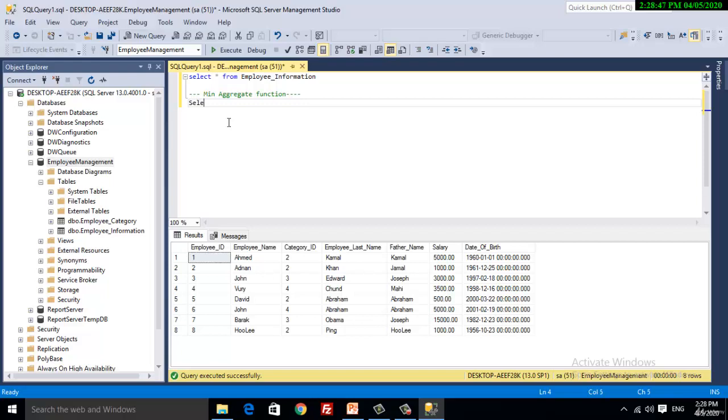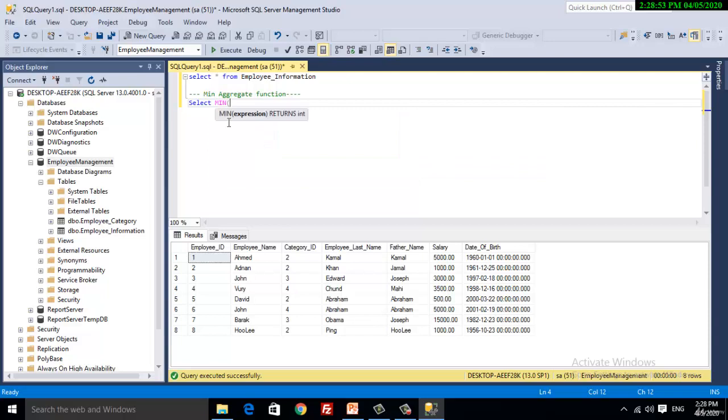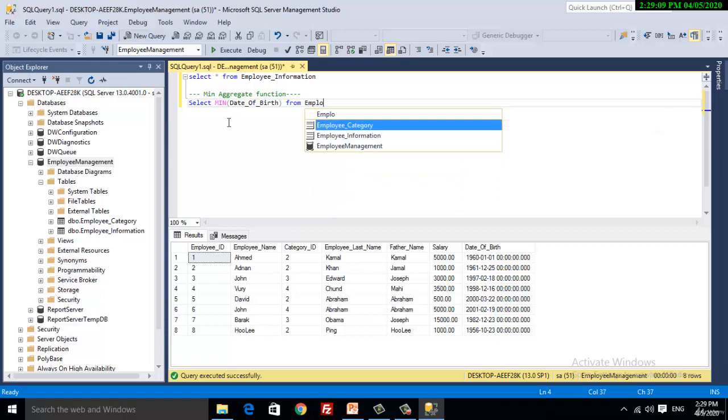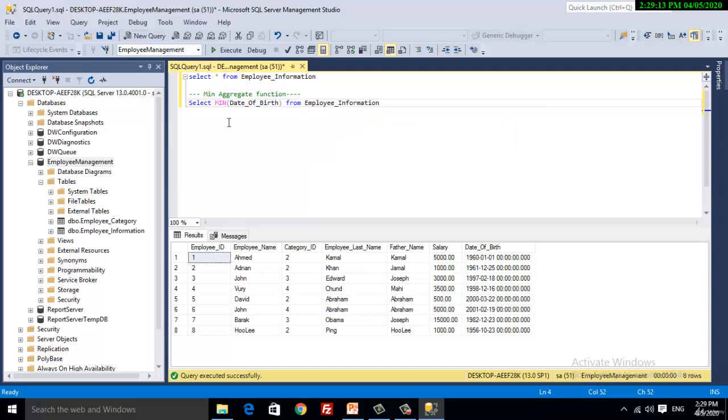The query will be like: select min, bracket, name of column, date of birth, from employee information.